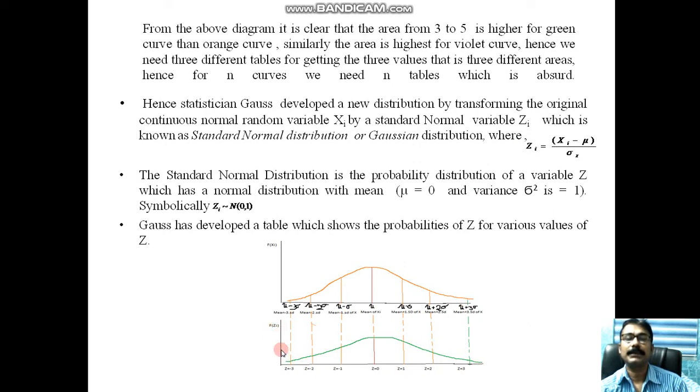So this is the probability density function of z; on this axis, we are measuring x. So what is the mu here? It is the mean value for a non-standard normal distribution, but for the standard normal distribution the mean value is 0 and the standard deviation is 1. That means 1 standard deviation, 2 standard deviation, 3 standard deviation, minus 1, minus 2, minus 3 standard deviation. And in the non-standard normal distribution, this is mu plus 1 standard deviation, mu plus 2 standard deviation, mu plus 3 standard deviation, and similarly, side by side, mu minus 1 standard deviation, mu minus 2 standard deviation, mu minus 3 standard deviation.